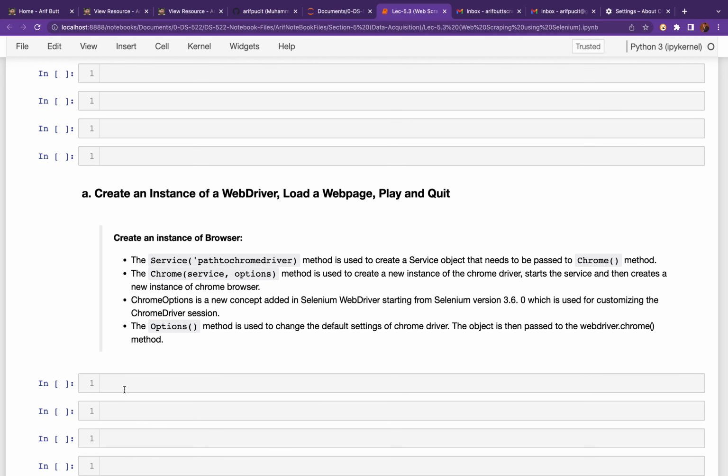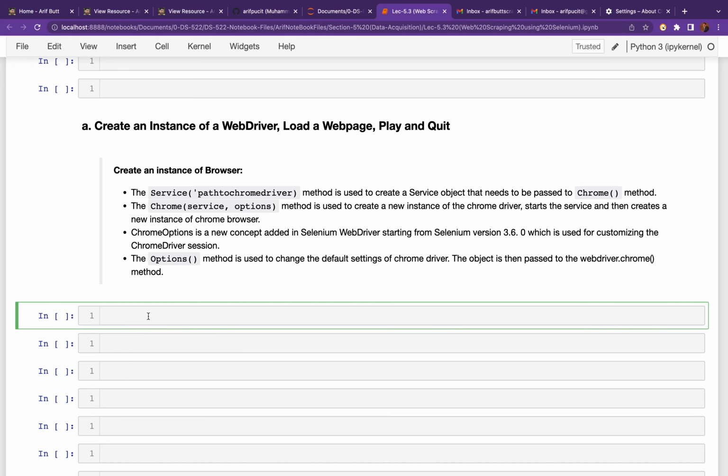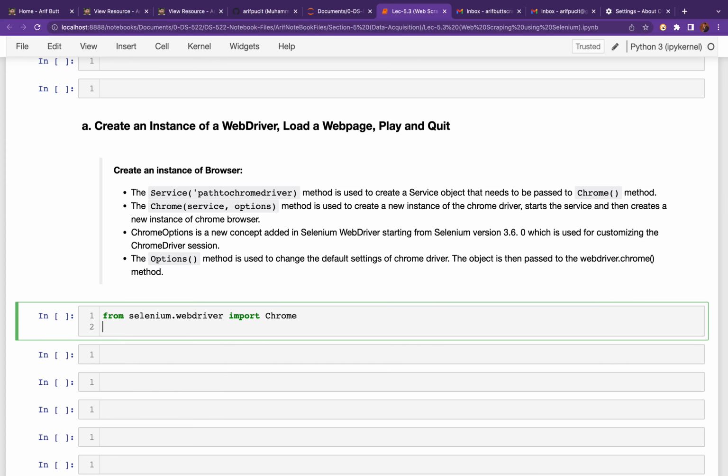So first we need to import certain modules of Selenium. First of all, from selenium.webdriver, let me import Chrome. The Chrome is actually a constructor that is used to create a new instance of a Chrome driver. Let me also import